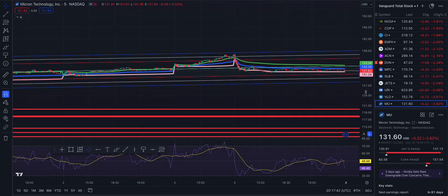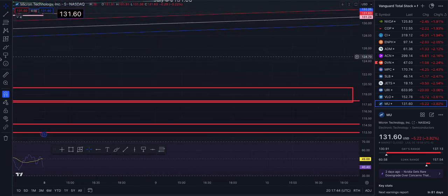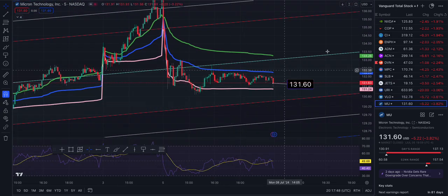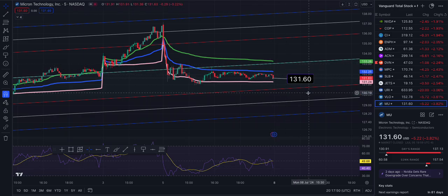And on the 5-minute, we have gaps, as you can see, to the south side here, not in the channel, not in the zone. I will definitely let you know when we get closer to those levels. 131.60 is where we ended. VWAP takes us to the blue line at 132.25. Above that, the middle of the trend and the baseline,